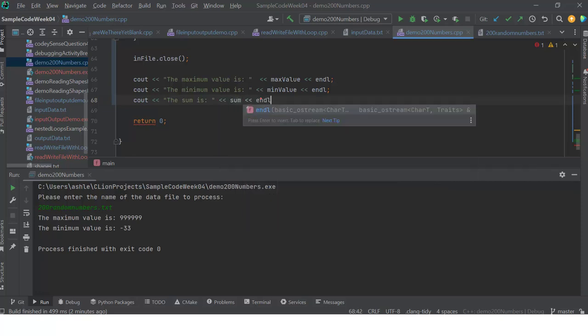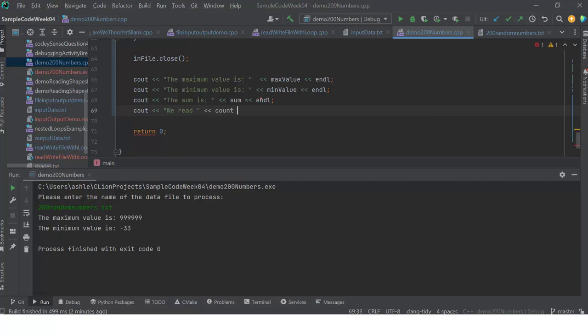And then, of course, my average. We read how many values? We read count values. And then we can say the average is,